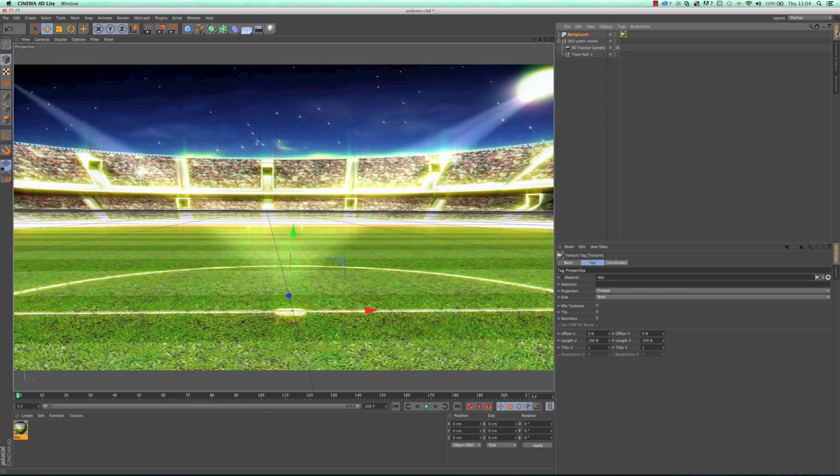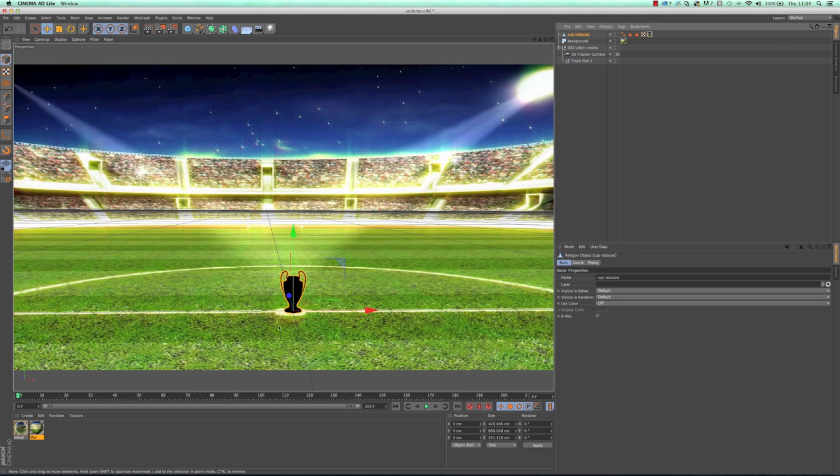So I wanted a model of a cup. So I drag that onto the objects and into the objects manager, and there is my cup in the scene. Okay, so the cool thing is that that's put bang in the center of the scene. If I want, I can line it up with a track null. If they look any different, I don't think there's much difference. But if you want to line it up perfectly with the track null, you can.